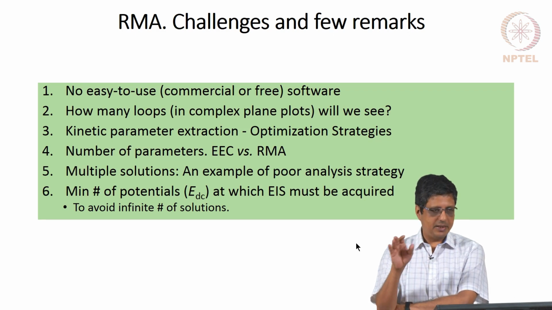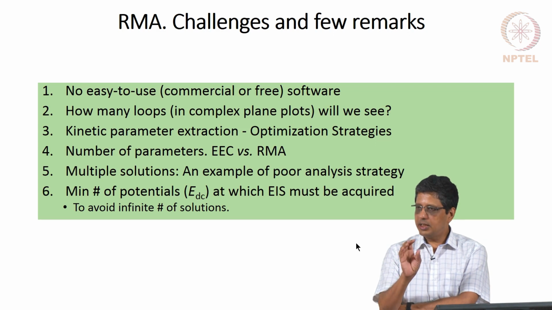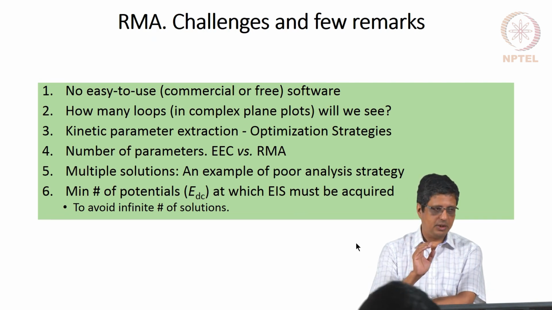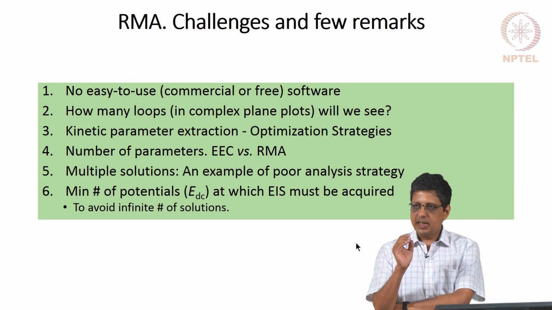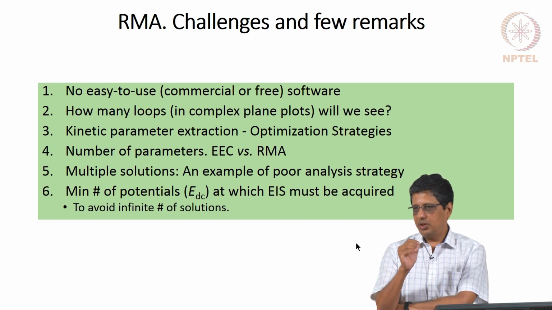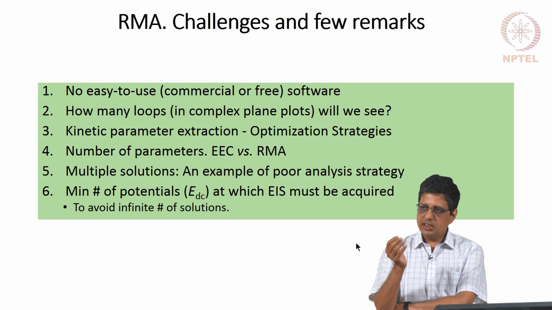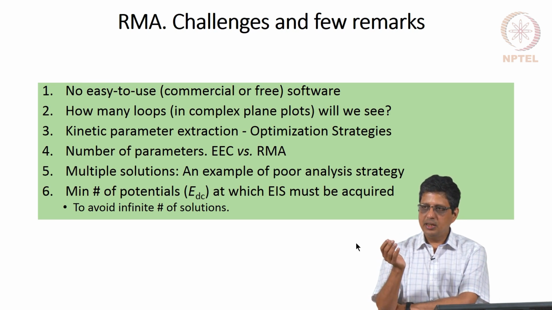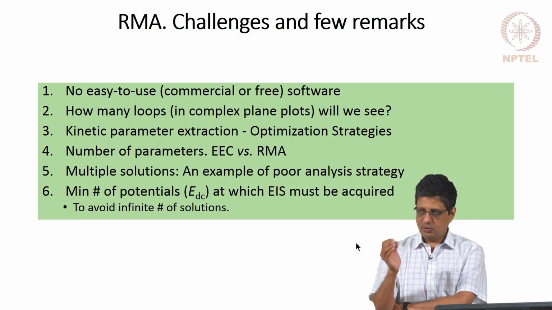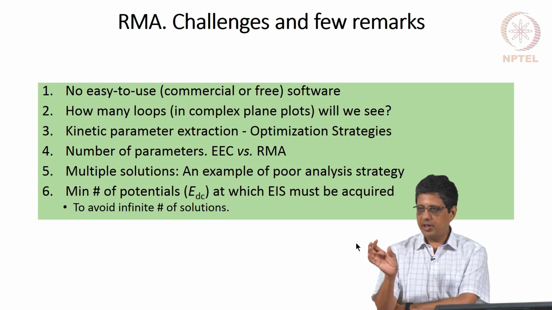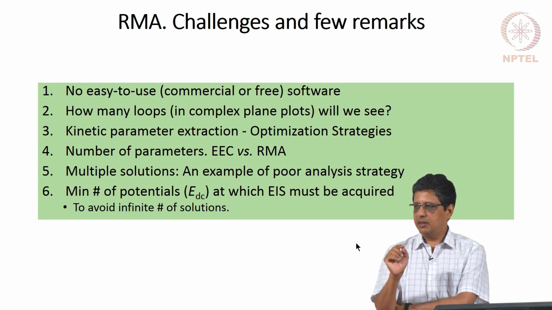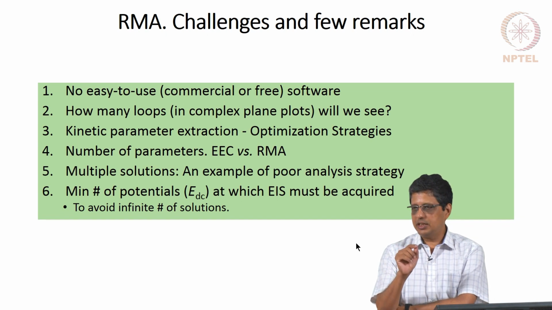If you see 3 capacitive loops, you should not try a mechanism with one adsorbed intermediate. So, certain mechanisms you can eliminate and say this is not possible. Certain mechanisms you may not be able to eliminate, you will have to try. Sometimes we have come to the conclusion that although this mechanism has 2 adsorbed intermediates and impedance shows 2 or 3 loops, 2 loops for the Faradaic, we still cannot predict it with this, because certain features in the potentiodynamic polarization